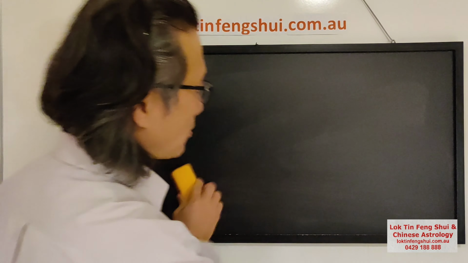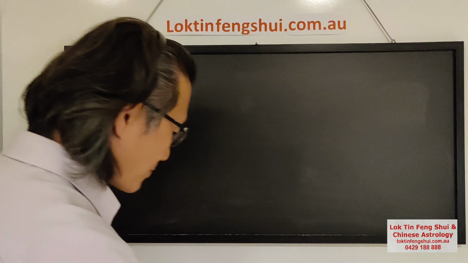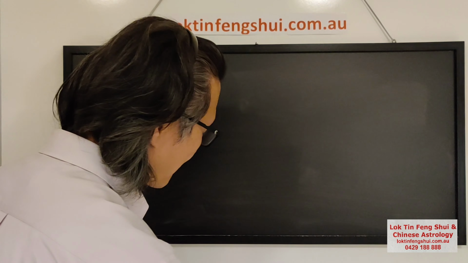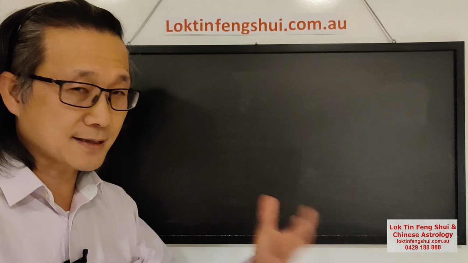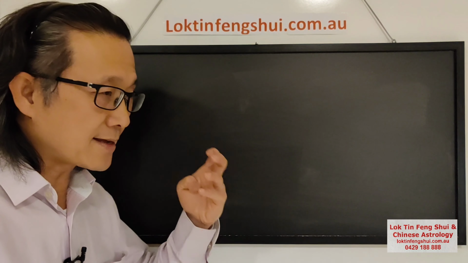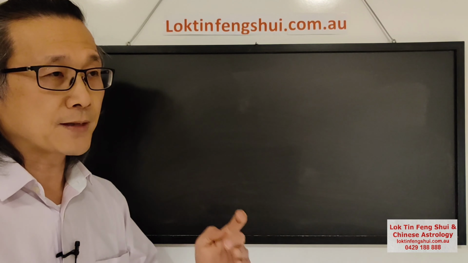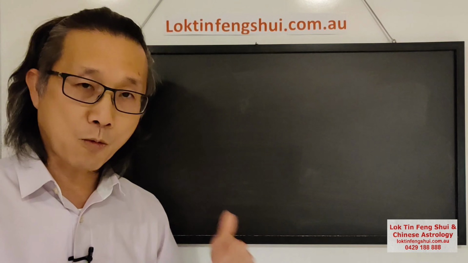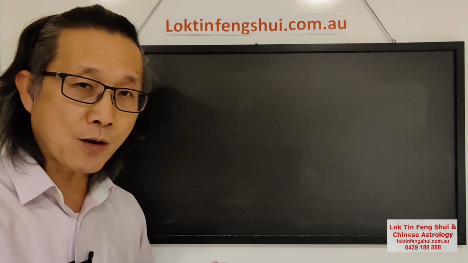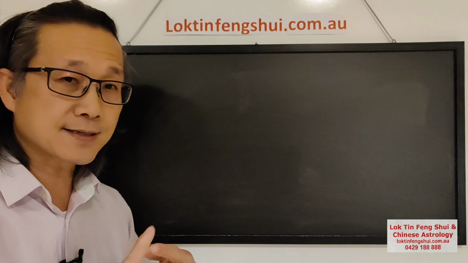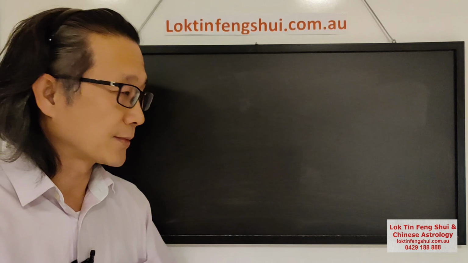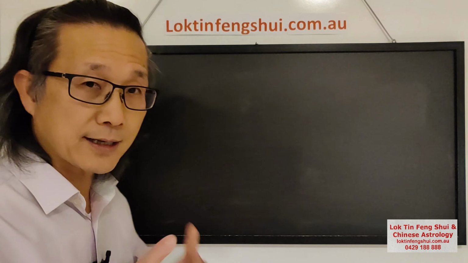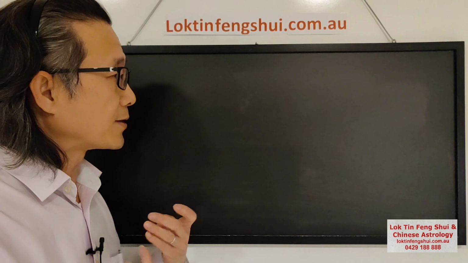So today we're going to talk about the branch combinations, and it's also important. It is also a bit more complicated than the stems one, because the stems only have the five combinations. But for the branch combinations, if you go back and watch video 4 and video 5, I talk about the branch combination there, so I'm not going to repeat that. So let's look at the principle or the rules.